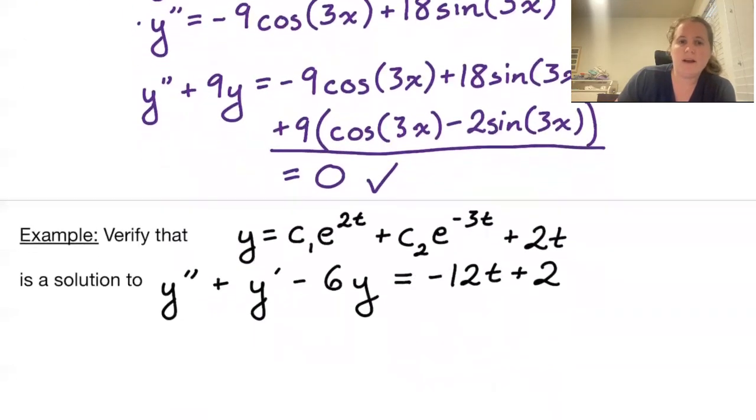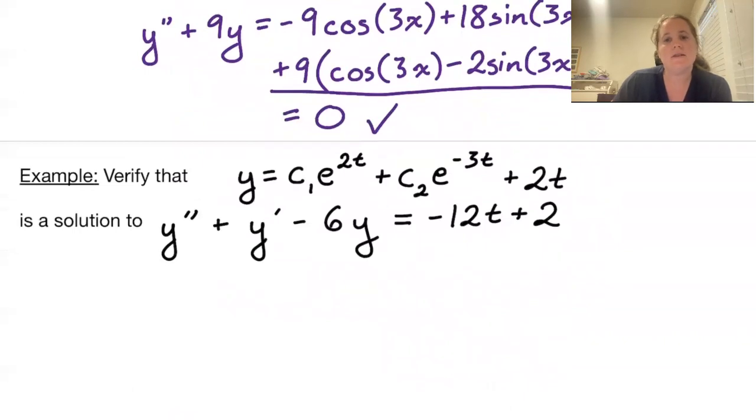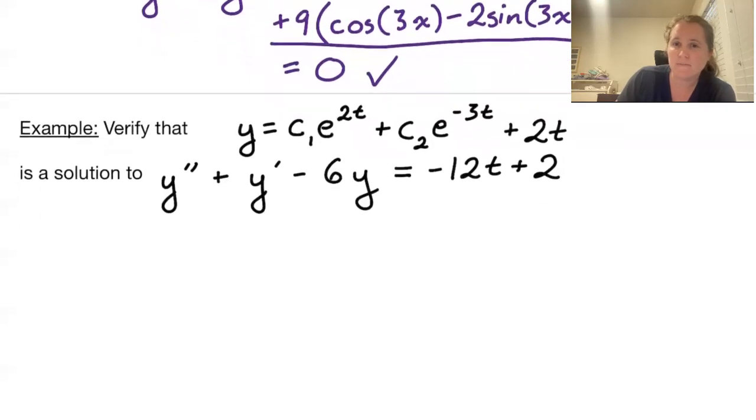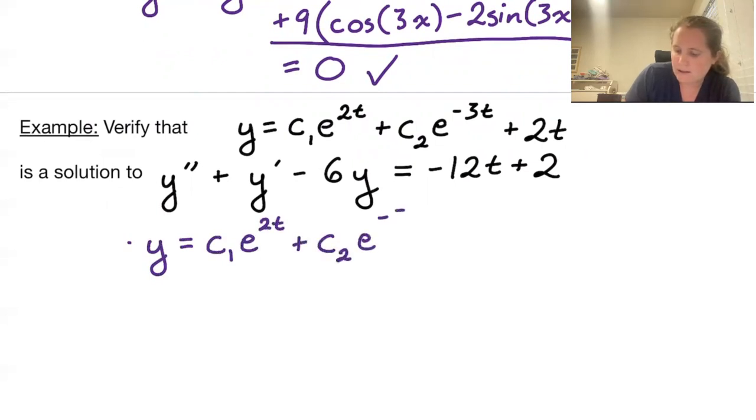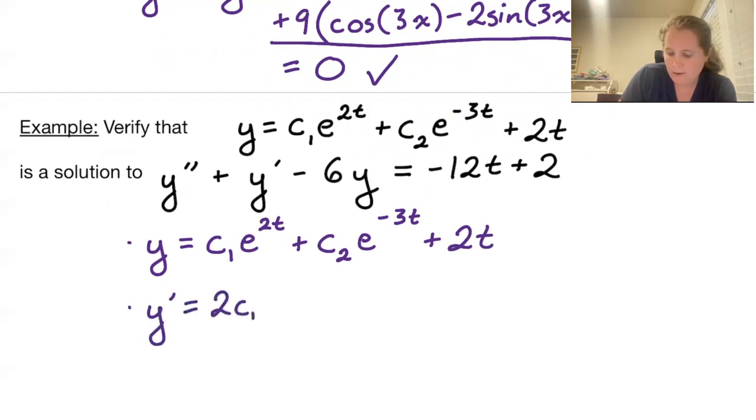Next up, let's verify that y equals c1 e to the 2t plus c2 e to the negative 3t plus 2t is the solution to y double prime plus y prime minus 6y is equal to negative 12t plus 2. So in this case, we'll need y prime and y double prime. So again, y is c1 e to the 2t plus c2 e to the negative 3t plus 2t. Y prime will be 2c1 e to the 2t minus 3c2 e to the negative 3t